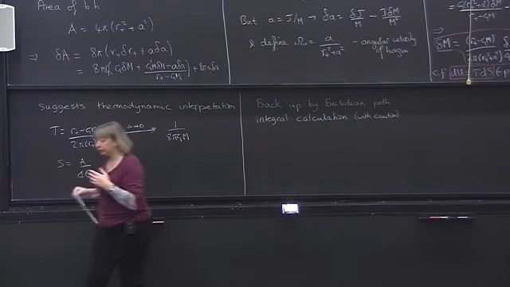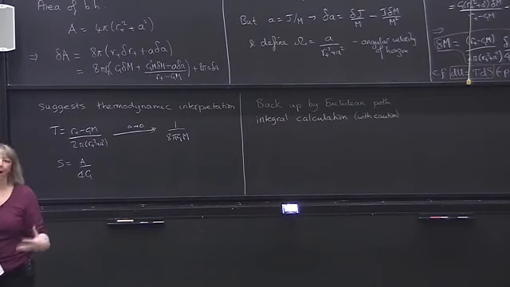So I should say that there's got to be a bit of caution with this. So I'm putting with caution in brackets because really this is not that well defined